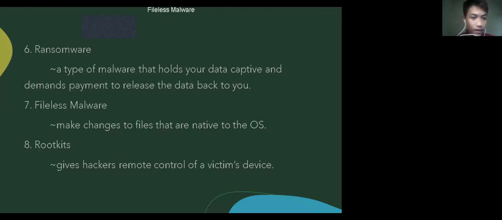Number 8. Rootkits. Gives hacker remote control of victim device. A rootkit is software that gives a malicious actor remote control of a victim computer with full administrative